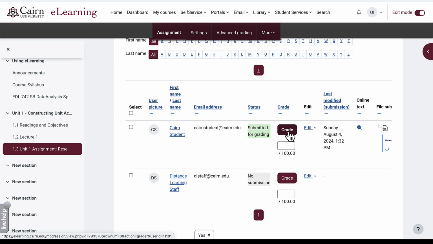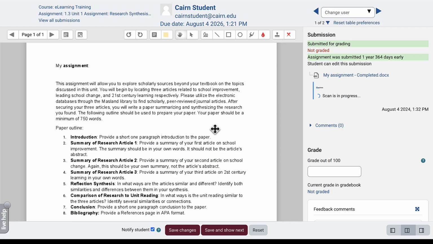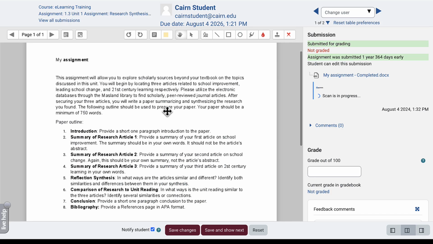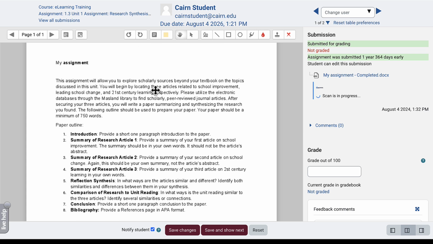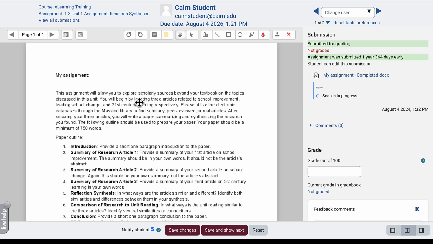Here we click on Grade, and then on the left-hand side, the system will give us a preview of the assignment that they uploaded. Now, in my case, I didn't make too many changes to it since I'm just doing this for demonstration purposes. You can grade this a couple ways. You can enter comments directly on the PDF on the left,